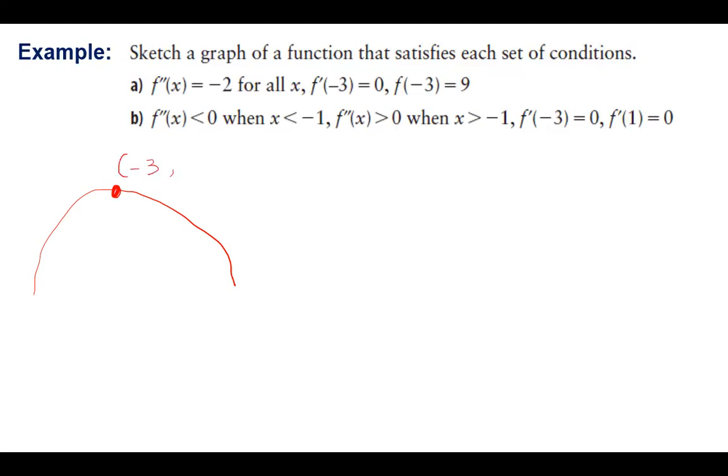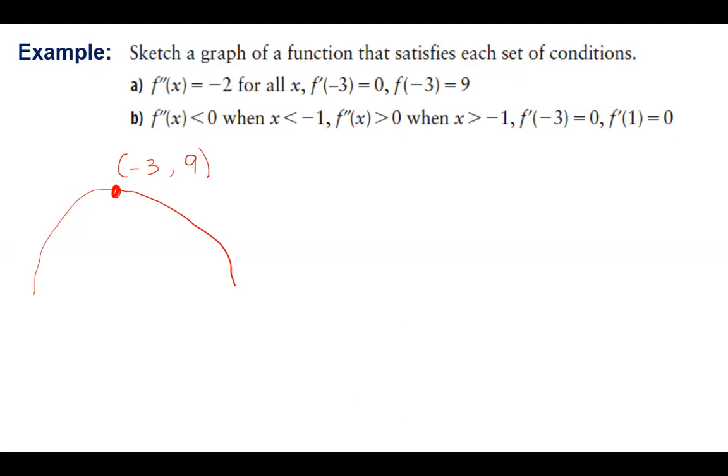First derivative is 0 means the instantaneous rate of change here is 0, right? So we can let this point be 3. Then also we know f(3) is 9. So we can let the coordinates of this point be (3, 9). So that's a possible graph of such a function. So next,